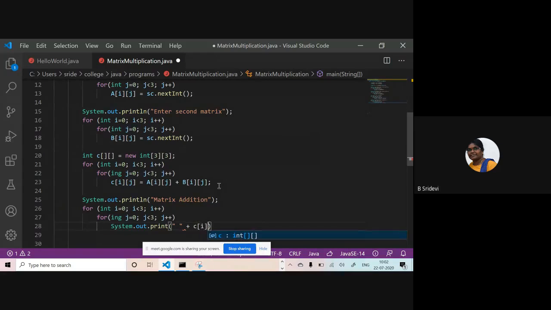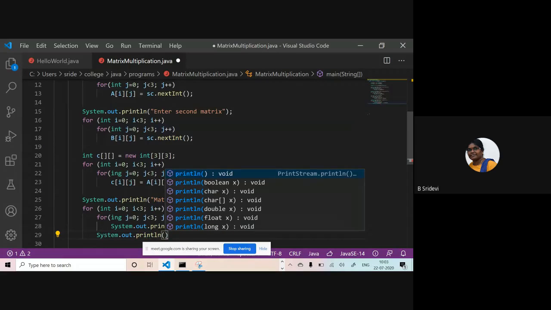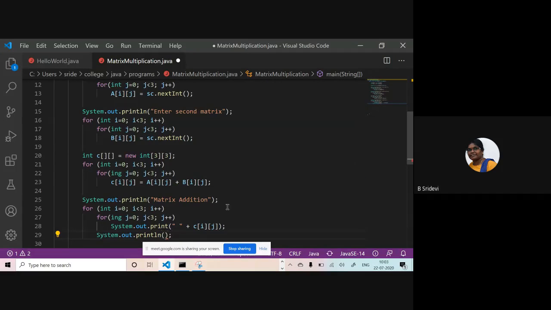I want to print answer C of i j. So the inner for loop will print the entire row. After printing the row, I want to go to the next line. Then only I'll get the matrix form. So this is for going to the next line.